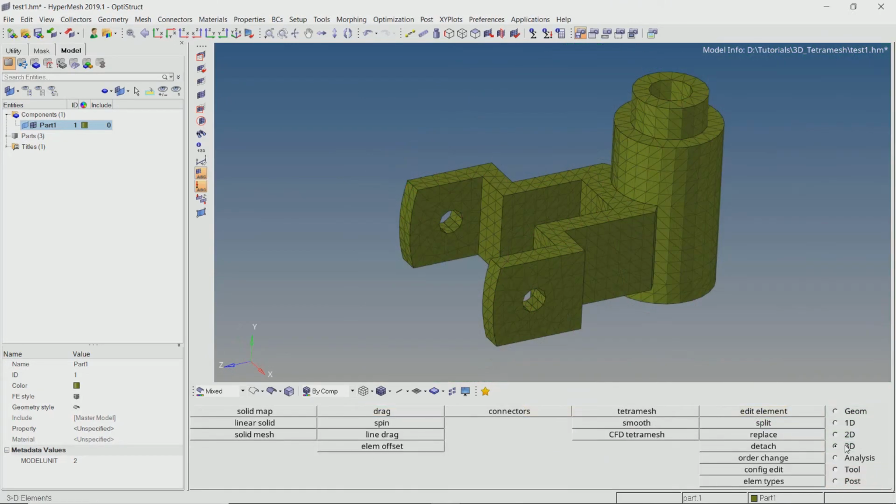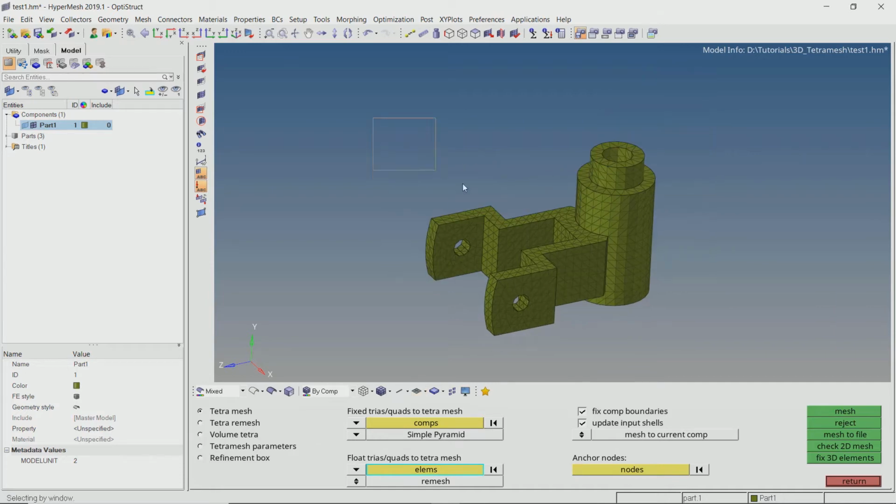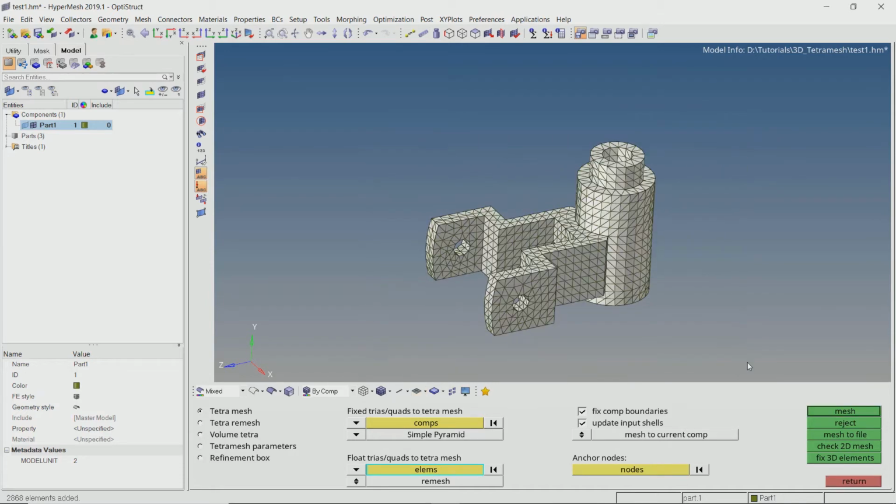Now we will use the tetramesh tool in 3D panel. There are two options to create a mesh. The float trias or quads to tetramesh usually provides a better mesh. Set the toggle button to remesh. With all other settings as default, generate the tetramesh.